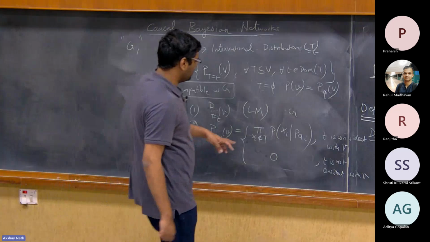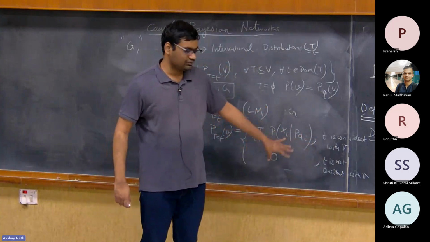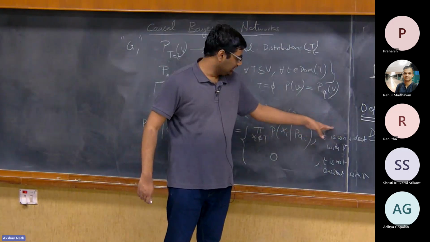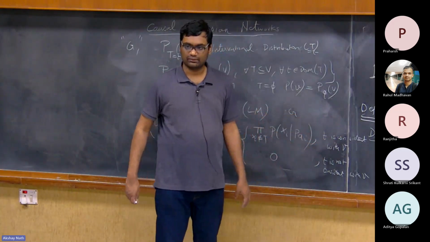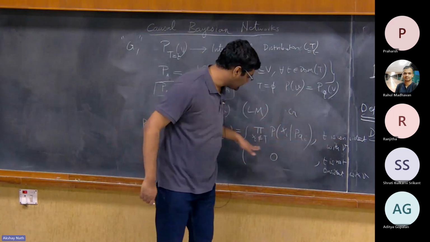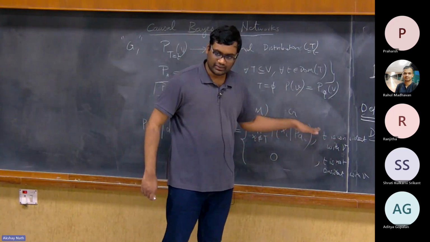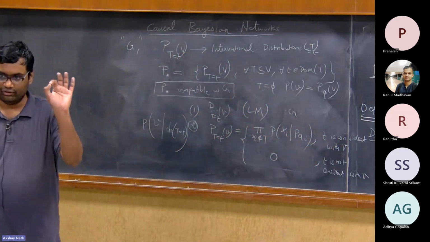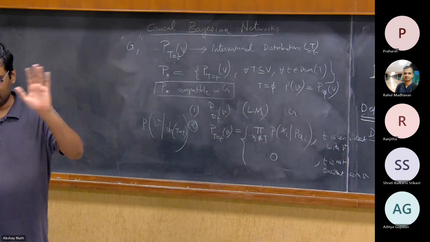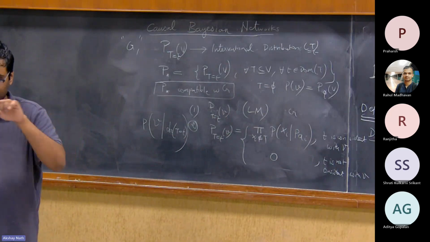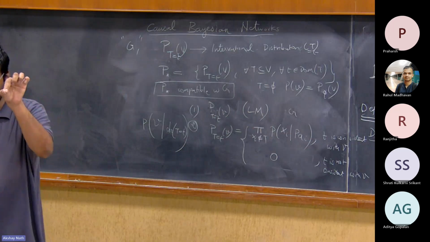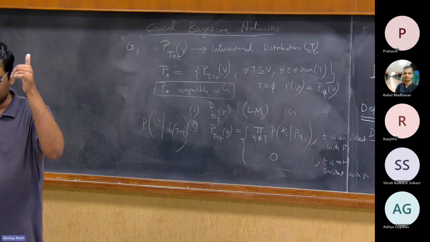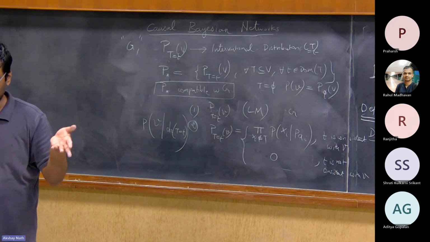So you are asking, because something is consistent, why is this not the same as the conditional distribution? The problem is that there will be other factors that get conditioned on T. You have to normalize by all the things where T is equal, and here there is no normalization. They are all removed out of the picture. Whenever you intervene on something, those are just off. The rest of the conditional distributions alone remain. But if you are conditioning, you have to set that equal to 1, but still condition on its parents, and there is a conditional probability there. So you have to divide by all of those, essentially.